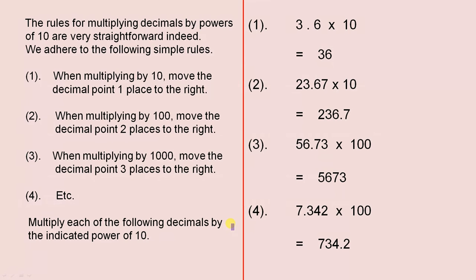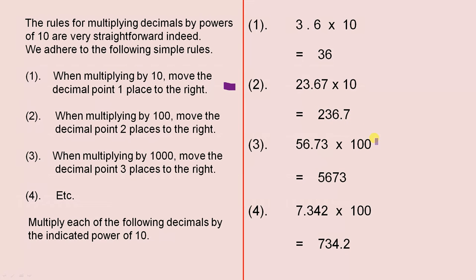Multiply each of the following decimals by the indicated power of 10. First one, 3.6 times 10. Since we're multiplying by 10, we use the first rule. We move the decimal point one place to the right for an answer of 36. For the second example, we still use the first rule because we're multiplying by 10. Move the decimal point one place to the right,